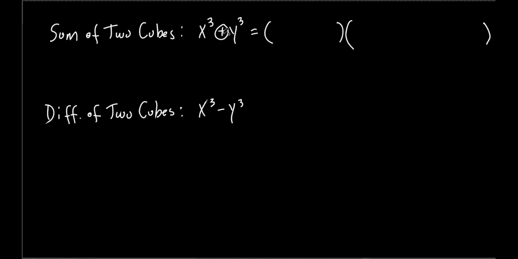When you're doing the sum, and that's a positive, you're going to have two things in here, so you're going to have a sign in the middle, correct? You're going to have three things here, so how many signs are you going to have? You're going to have two, one here and one here, okay? So the first thing that I do when I factor these things,